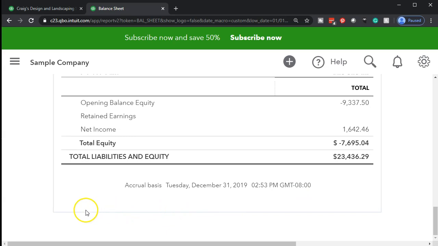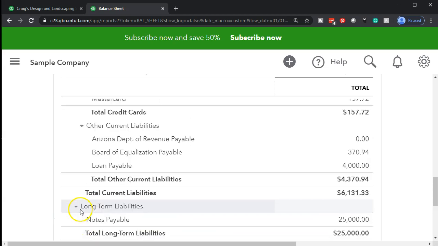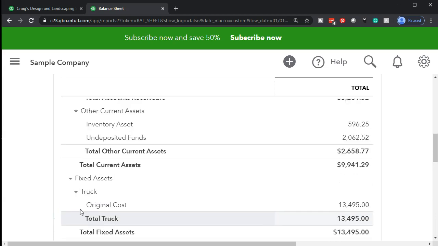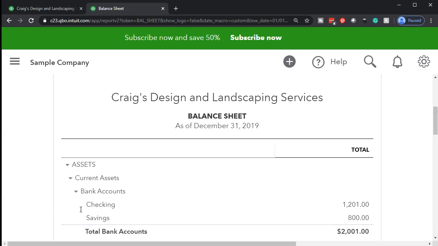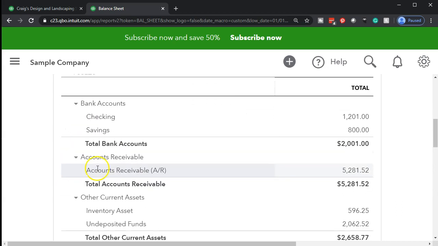Now note that we do have some kind of formatting issues here, and some of the formatting that you can look at if you wanted to change the name on some of these items. Then you can do some of that within QuickBooks. You can go in here, for example, and look at the headers and change some of the names there. However, you are restricted to change some of the names down below. Like you can't really change the assets section, or you can't really change the categories which are driven by the